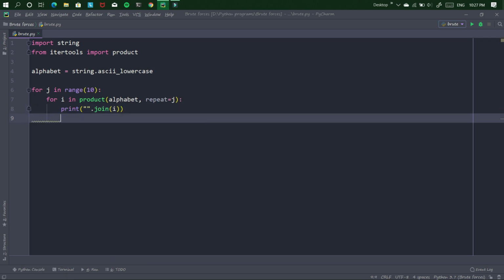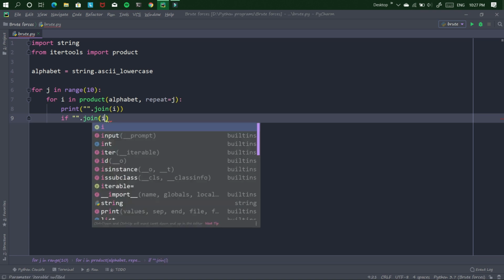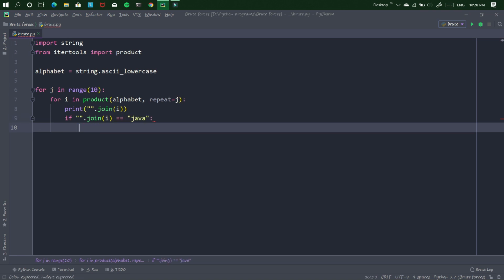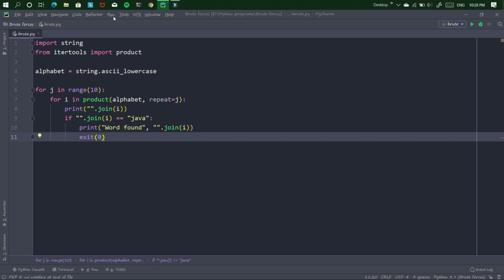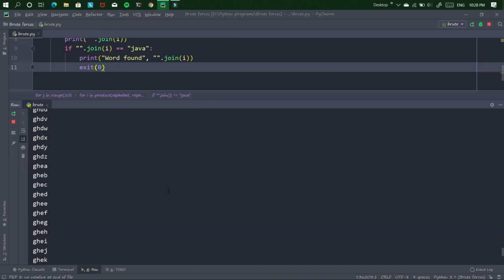If I find that word, I will simply exit from the program. You can see I got the word Java.